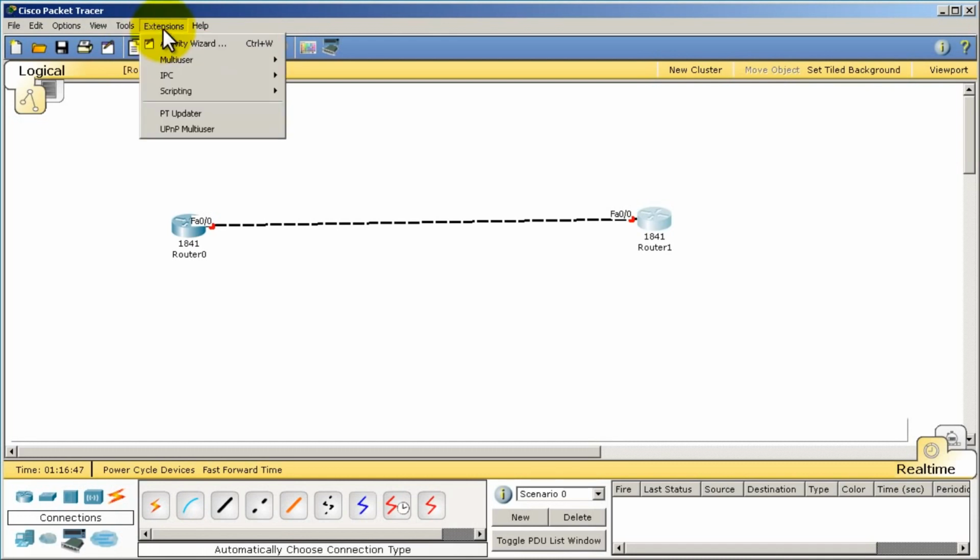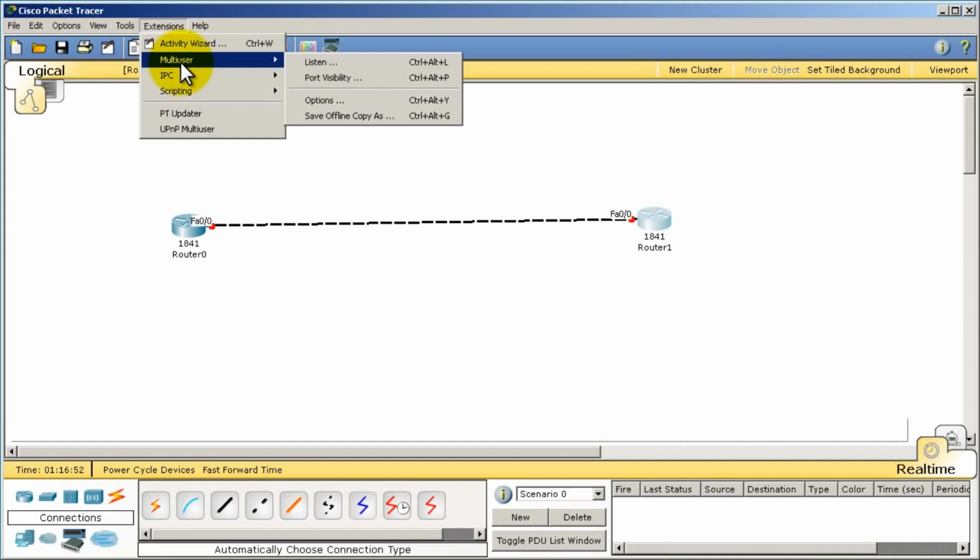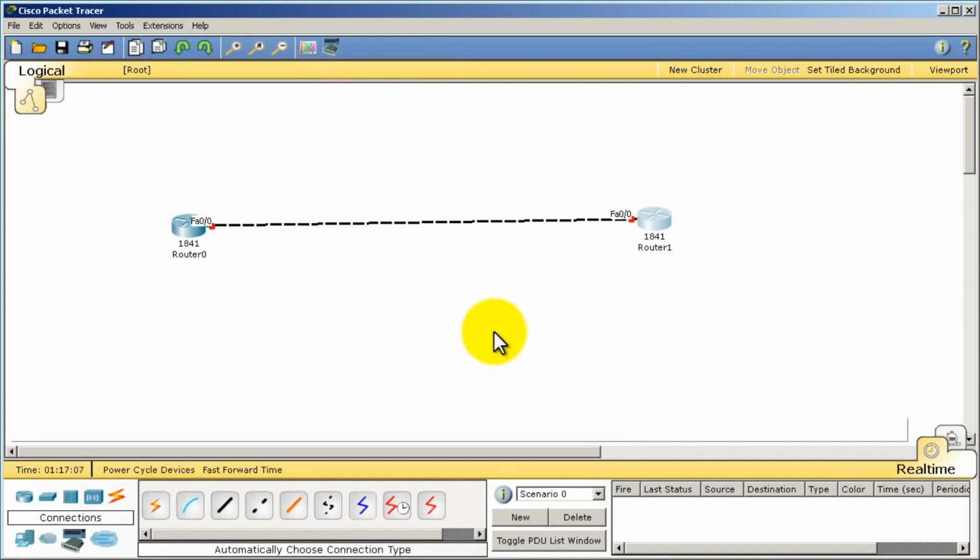Options, other than Preferences, I don't mess with any of these things. Regarding View, I've already shown you the toolbars that you can get rid of and pull back. Zoom is pretty nice. You can zoom in or out. So we could do this in the toolbar here. Pretty self-explanatory. Drawing palette, I don't usually mess with that. And extensions. Another nice thing about Packet Tracer is you've got this multi-user mode, which kind of lets a teacher or teams fire up a packet